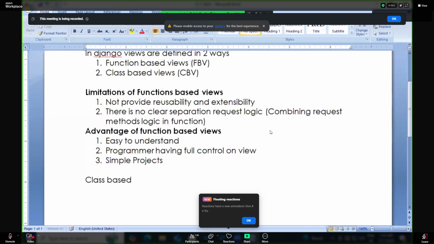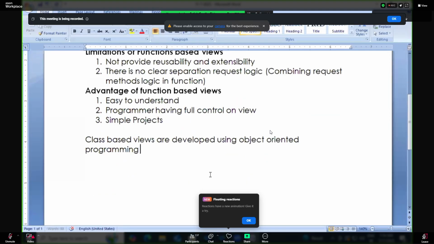Class-based views are developed using object-oriented programming principles, or concepts. It's nothing but class-based views are developed using